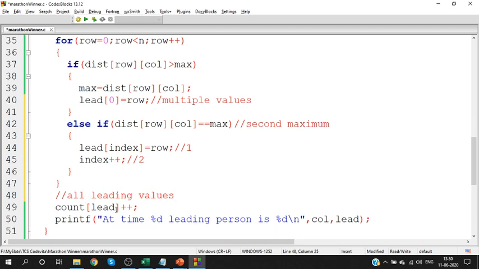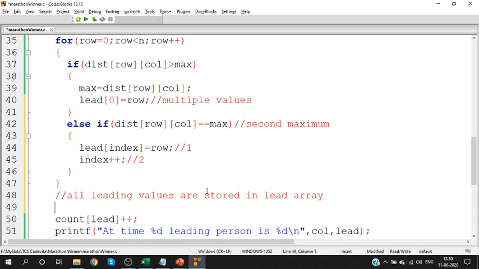So how will I identify all the leading values? All leading values are stored in lead array. So for each value in lead array, increase the count.